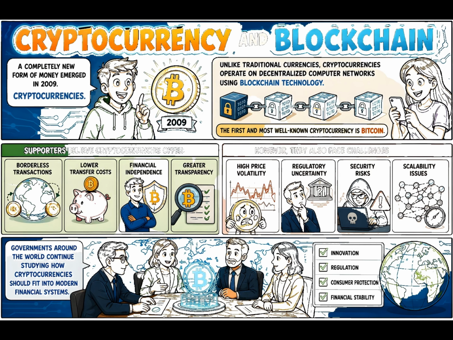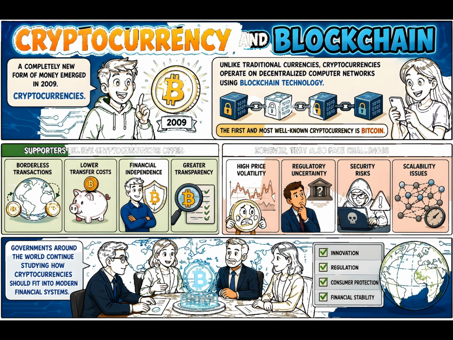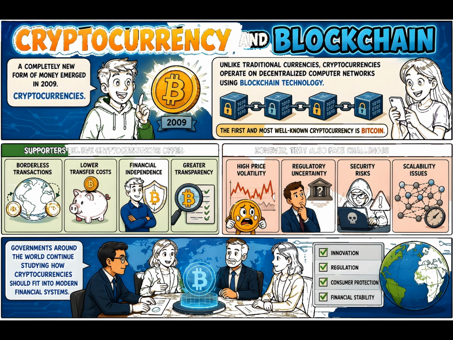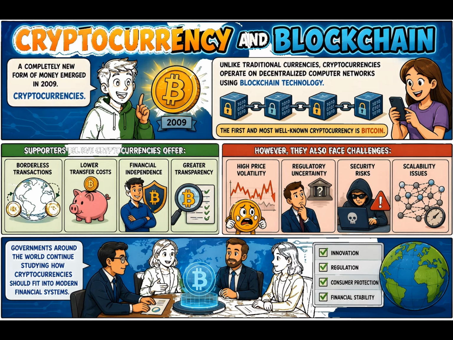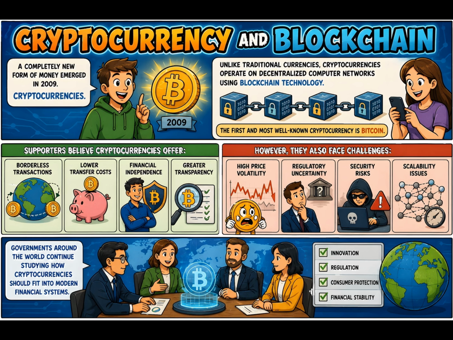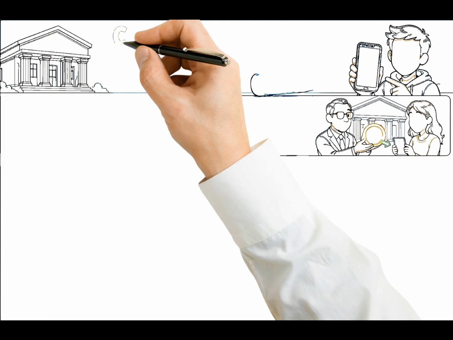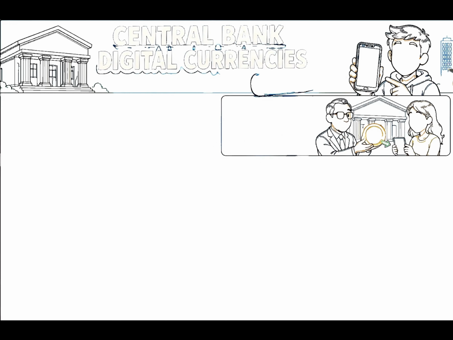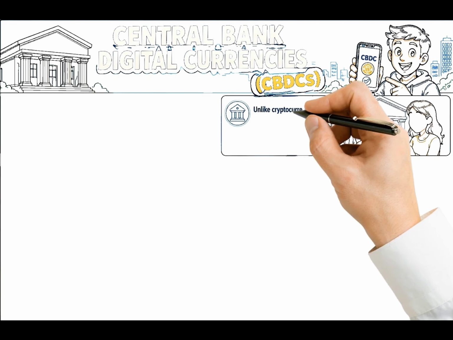A single smartphone could become the center of an individual's entire financial life, allowing secure access to banking, shopping, transportation, healthcare, and government services. International money transfers are also becoming faster. Today, sending money across countries often involves multiple banks, processing delays, and service fees. Future payment systems may complete international transfers within seconds at much lower costs. This will make global business easier and help families send money across borders more efficiently.